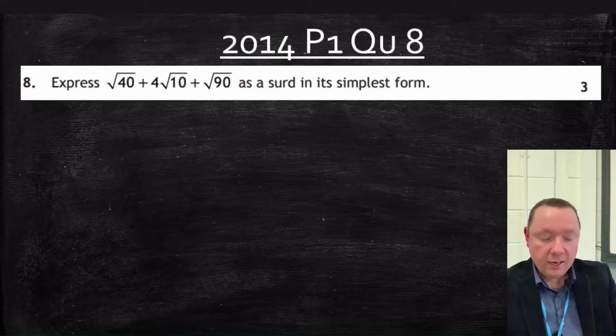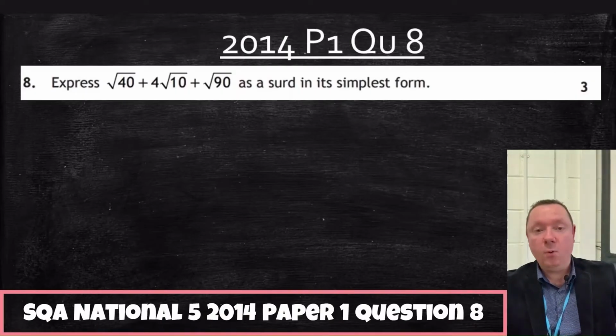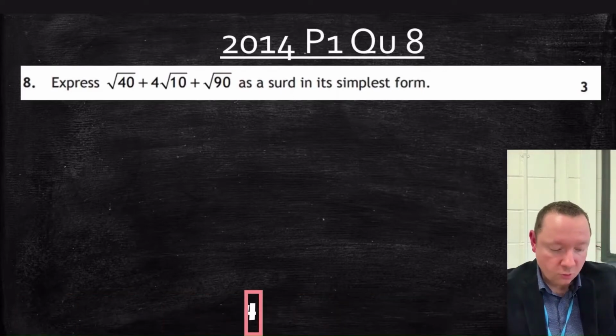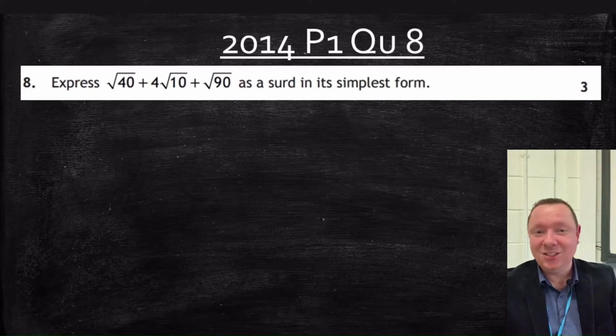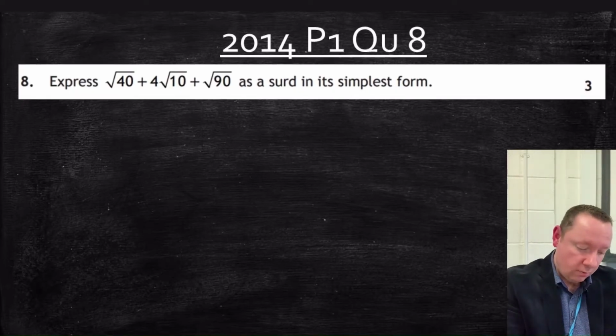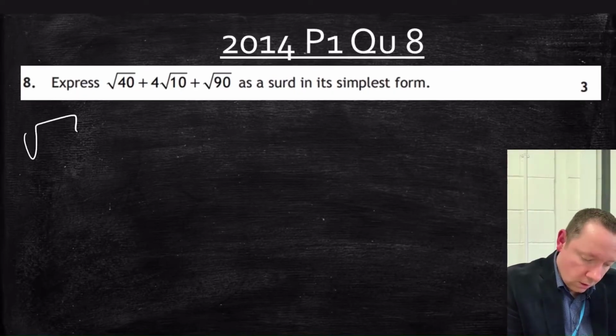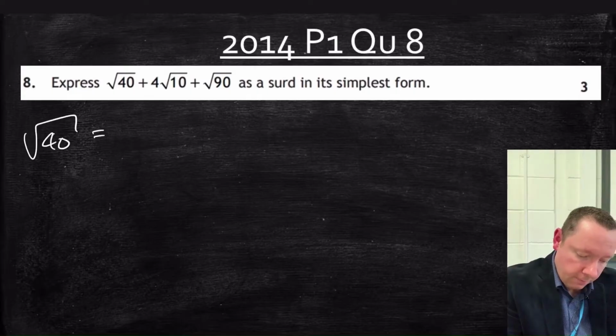And we're done there. Little past paper question, 2014, paper 1, question 8. Root 40 plus 4 root 10 plus root 90 as a surd in its simplest form. Can't add them until we're all simplified. So let's start with root 40. Well, that's just 4 times 10